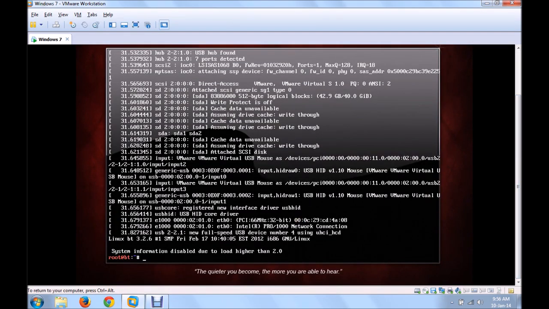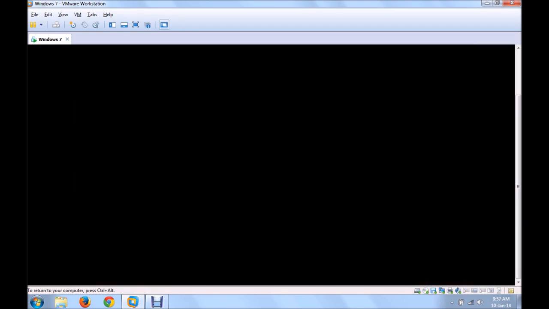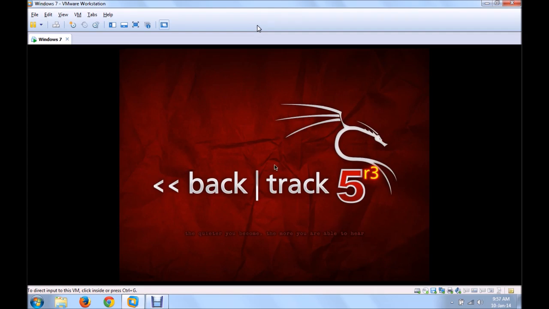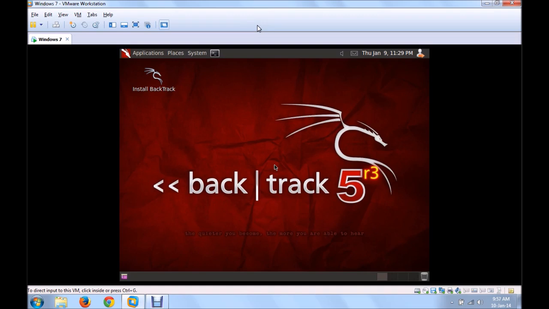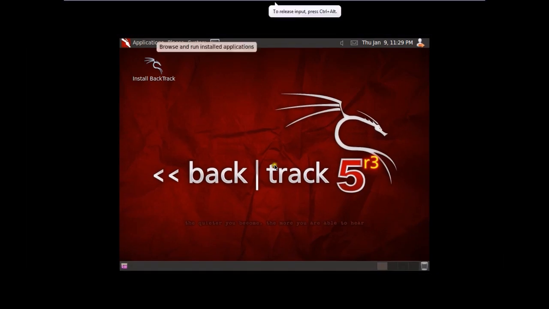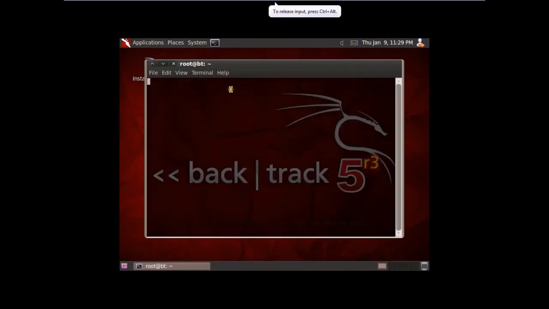See, here we are going to start our BackTrack. The very first command to start BackTrack is startx. By using BackTrack, we are going to explore the drives of the Windows 7 machine, because the executable files of command prompt and sticky keys belong to the C drive itself. So this is the GUI of the BackTrack machine. Here you just need to fire all those commands in your terminal.